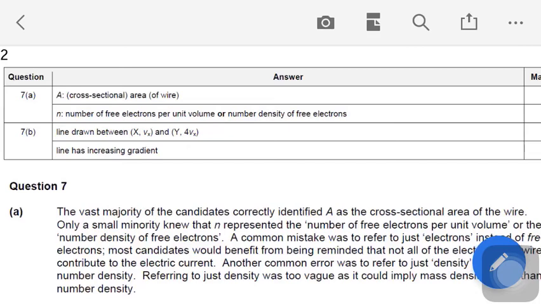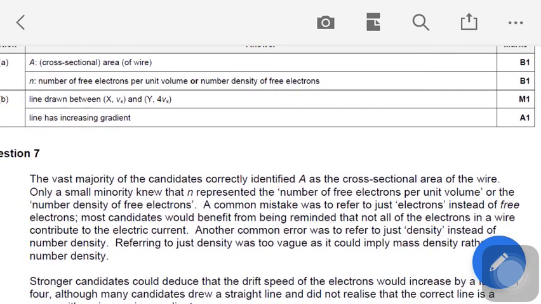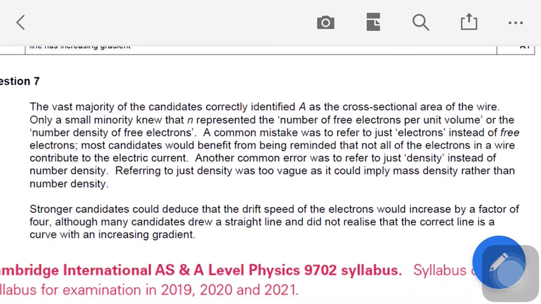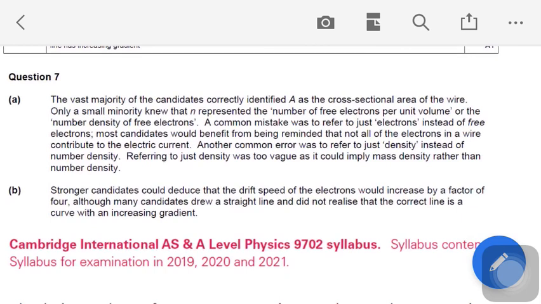Then it is not simply number of free electrons, it is the number of free electrons per unit volume. That is the meaning of number density. If you simply say density of free electron, that is also wrong, because density in normal sense means